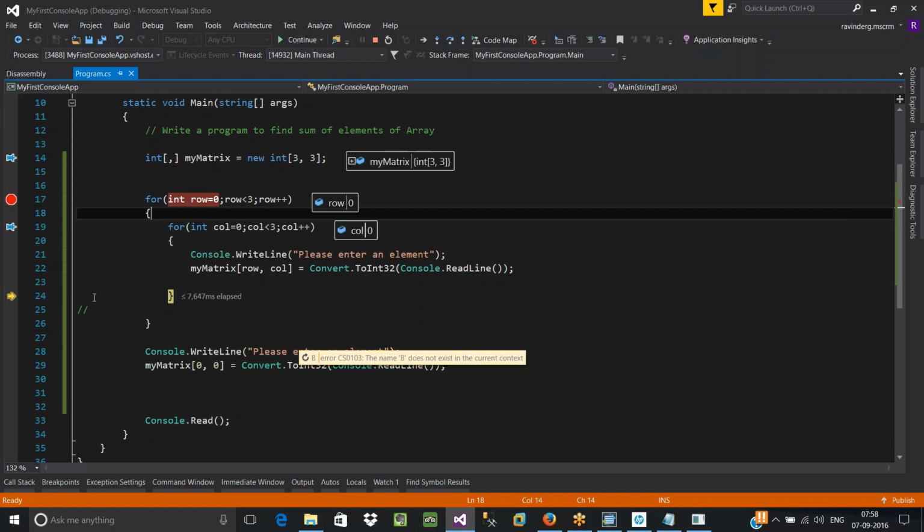Now immediately it will not go to the external loop. It will go to the internal loop only. Once that internal loop condition becomes false, then only it will go to the external loop. Here it will be repeated till the condition is true. So earlier the column value was 0. Now what will happen? Column plus plus, it will be incremented by 1. Now column is going to be 1.